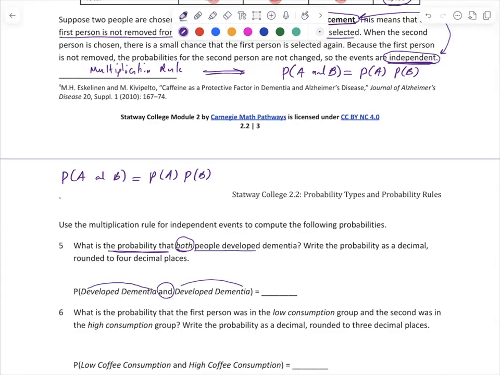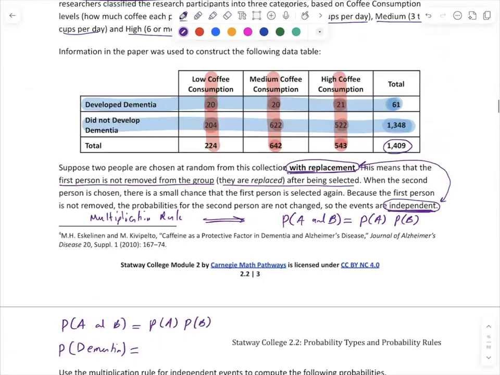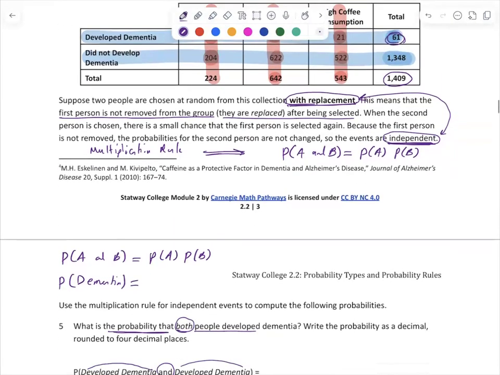But what is the probability of a person developing dementia? The probability of developing dementia, this is marginal probability. Why is that? The total number of people who develop dementia is 61, 61 out of